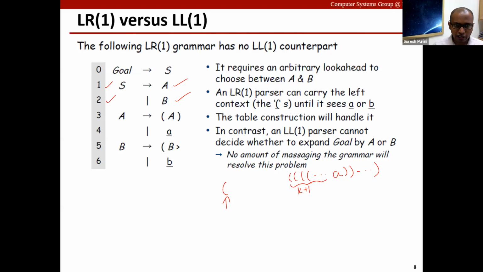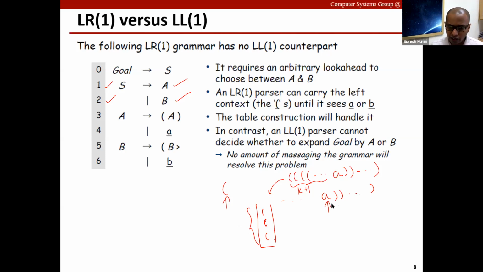But on the contrary, in bottom-up parsing we will use a stack. All the left parentheses we keep pushing into this stack, and finally all this input will be consumed. The stack will contain whatever the number of left parentheses.